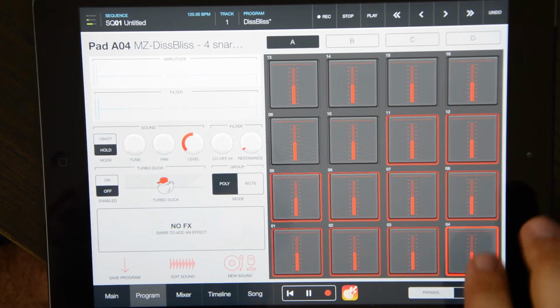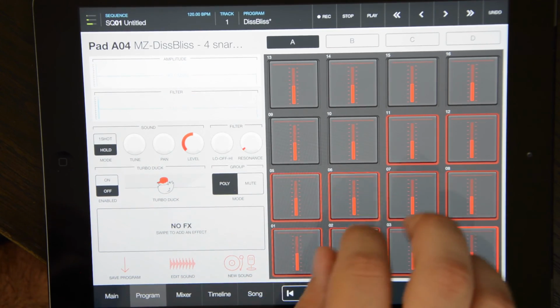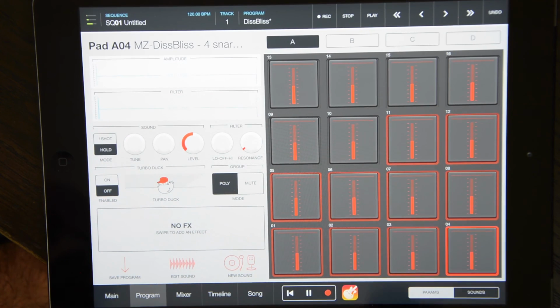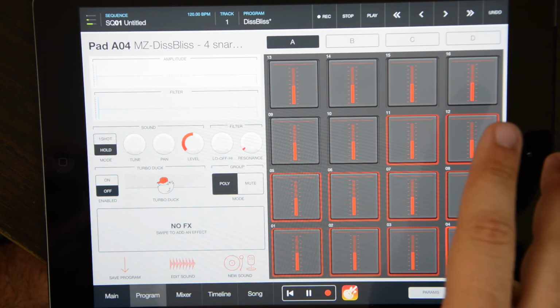Now it'll only make a sound as long as we're touching the pad. So that way you can get those little sharp beats out of it, but also you can hold for drama.